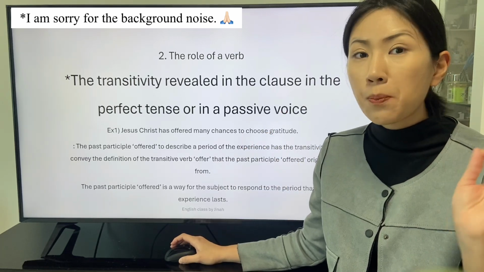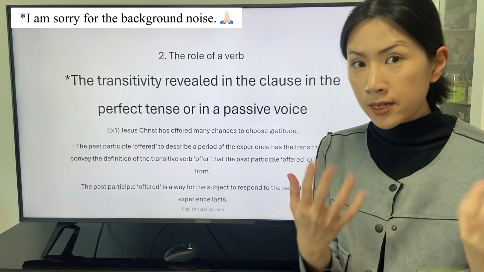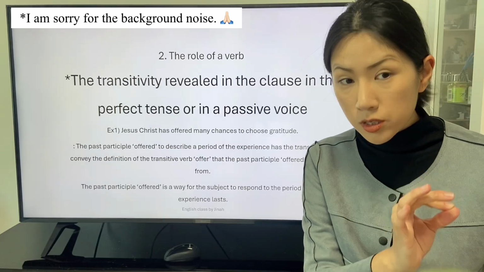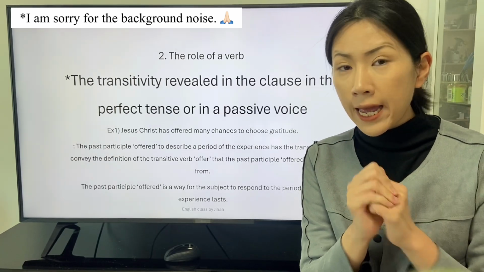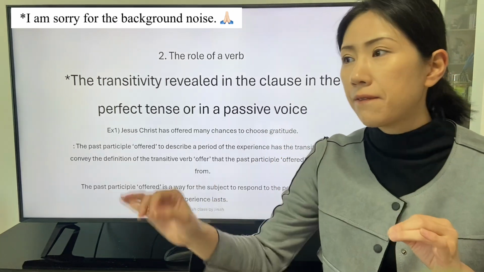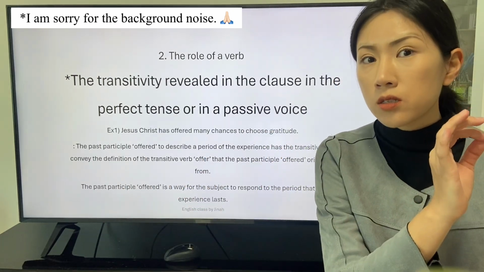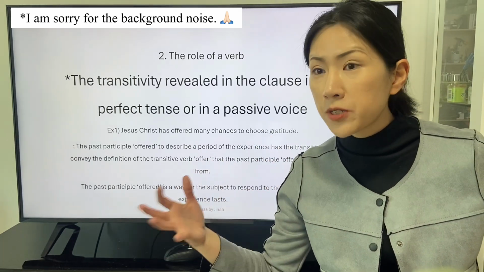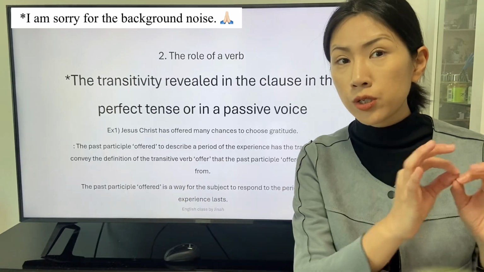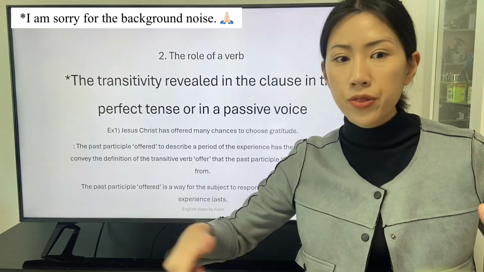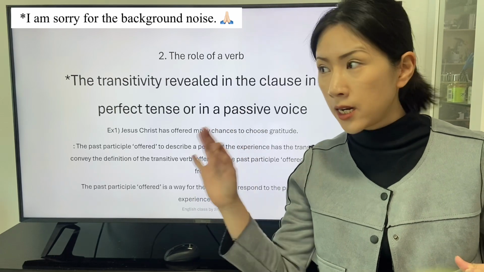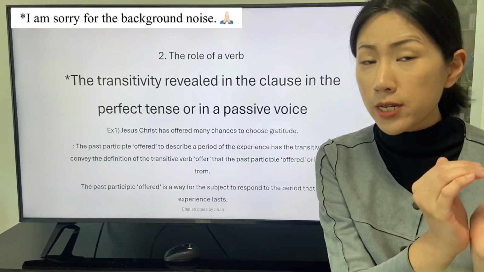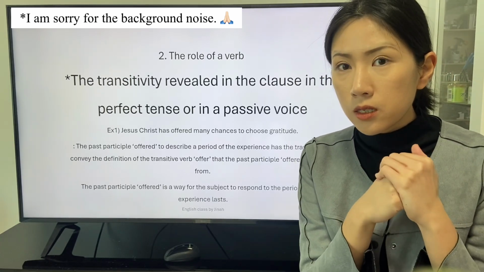The past participle offered is converted from the verb offer. The subject has the period of time, and the past participle offered describes how the subject responds to the period of time with action indicated by the verb offer. The form of the past participle offered describes